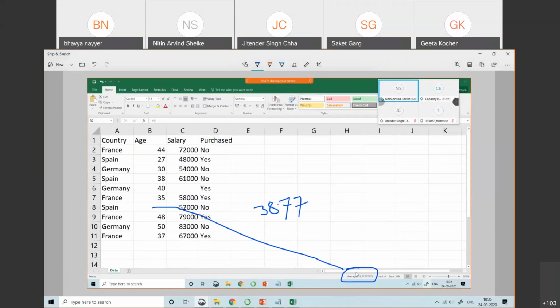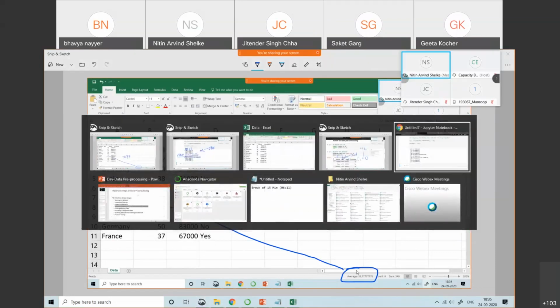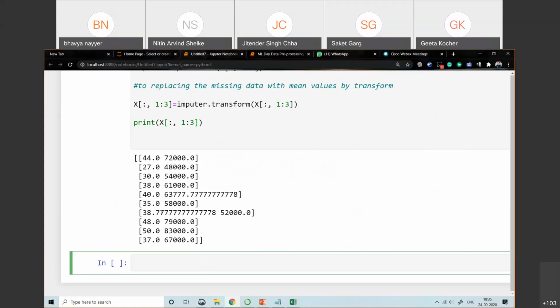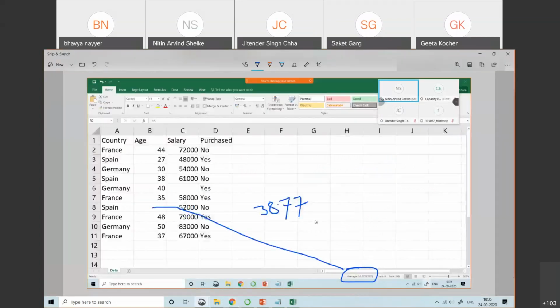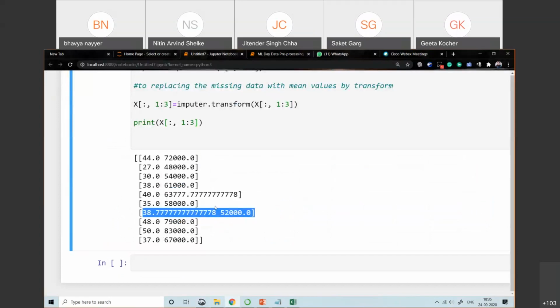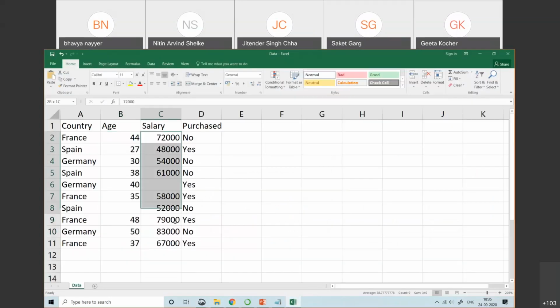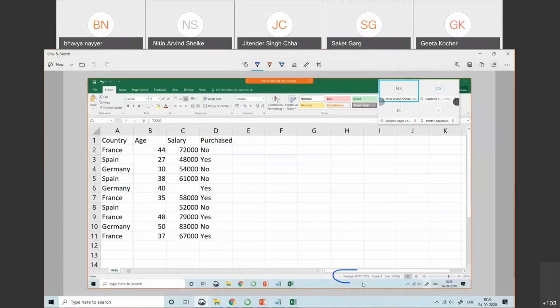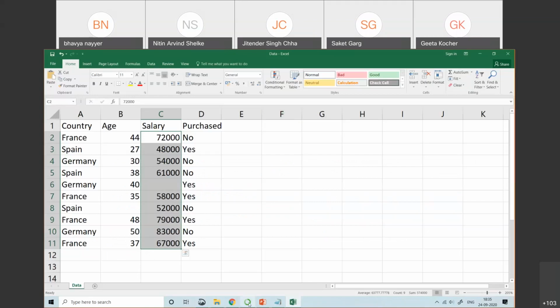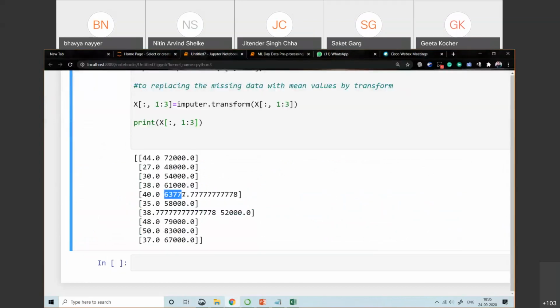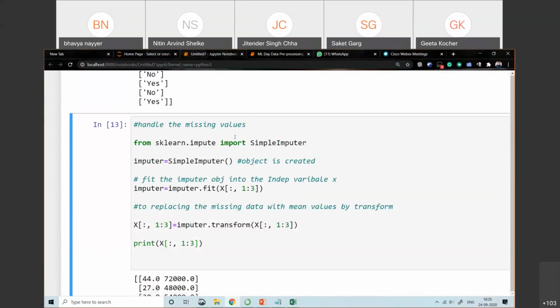Observe in the coding part also, 38.77 you are getting. Similarly for the salary column, 63,777. This is your mean value, and that gets placed here on the salary column. Now this is the use of the simple imputer class.